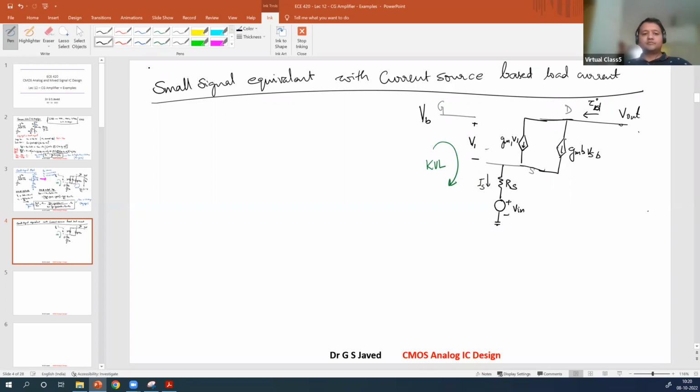What does this become now? In this case, you will apply only KCL here. If you apply KCL at this node, KCL at output node, and KVL will come here. So with KVL, what are the learnings you have? V1 plus Vin equal to 0. And in this case, you will get